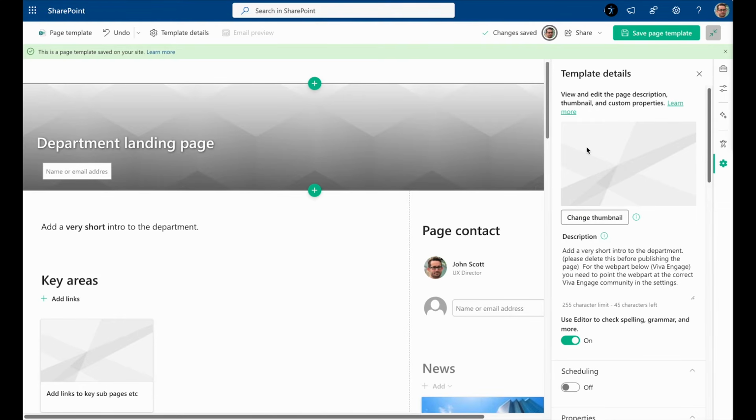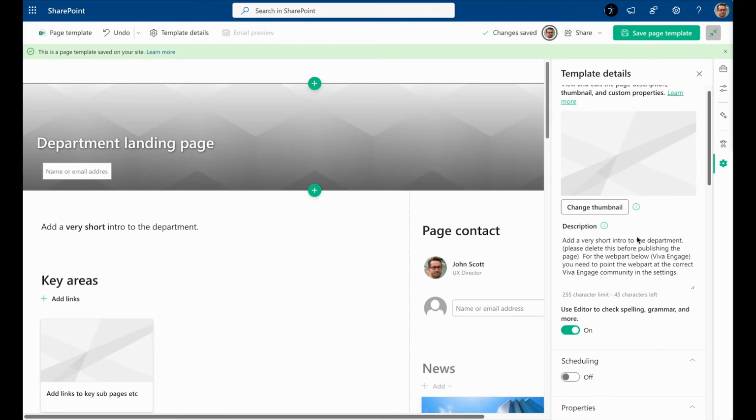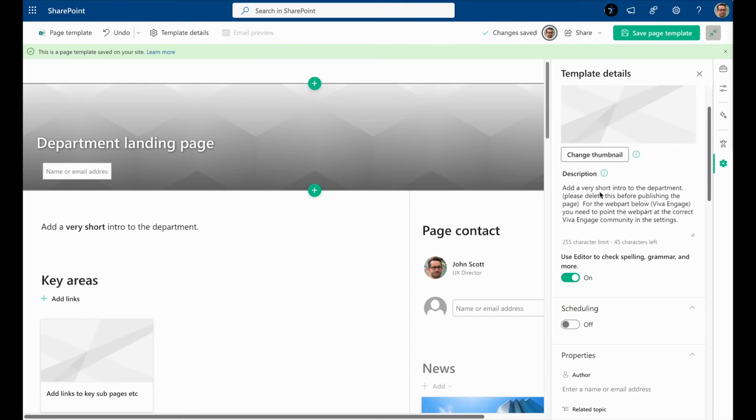They will see a preview of the full page when they're choosing it anyway, but it just adds a bit of extra user friendliness. I can also add in here a description. So it's taken by default text from the page. That's not ideal. I want the page template to be described in a better way when people are selecting it.